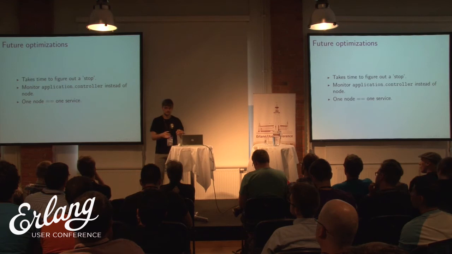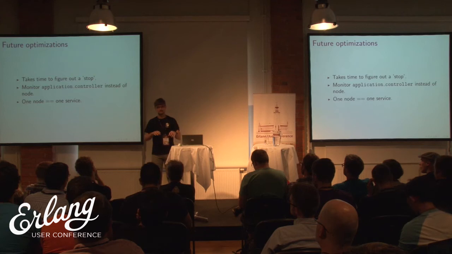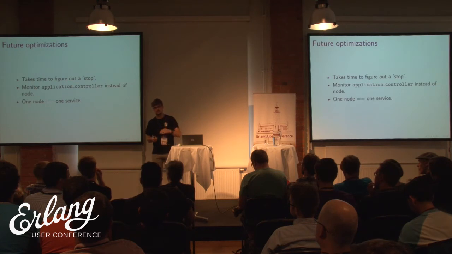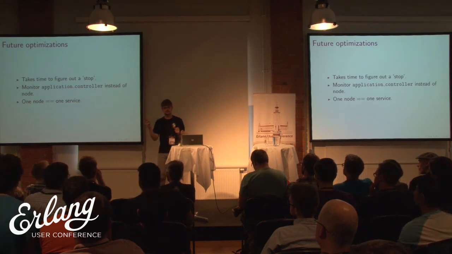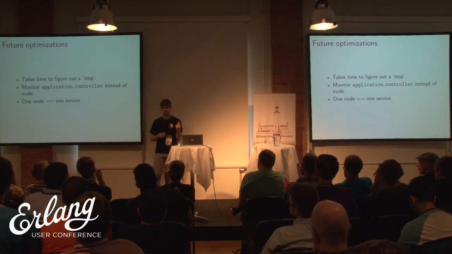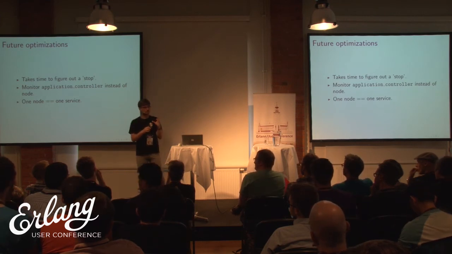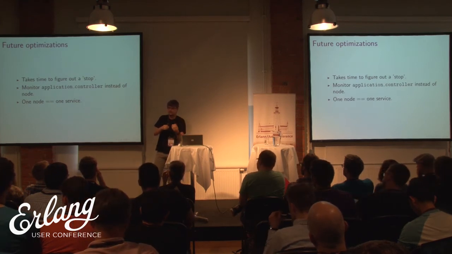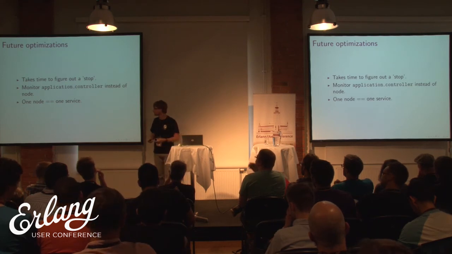The reason is, let's say you're running everything cheerfully and then you need to stop a node. You do init stop or something equivalent, then all the applications stop one by one. After a while, the whole node stops, and only when the node stops is the node down message sent to SPAPE router. That's a problem, because your application that you're interested in was stopped before the node was stopped, and it actually takes time to stop all the applications. So you want to remove the service when the application is stopped.